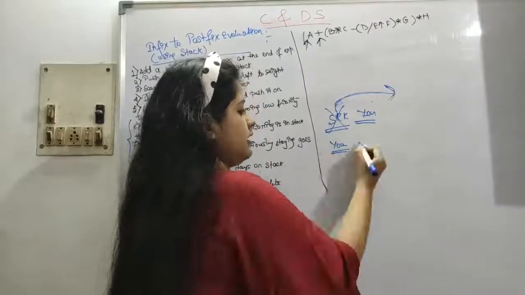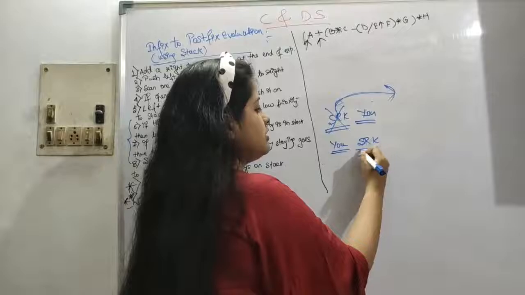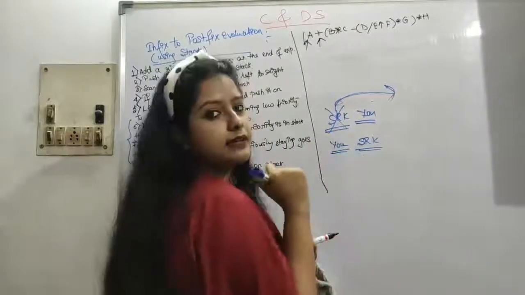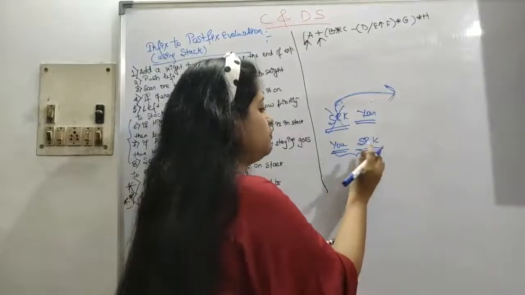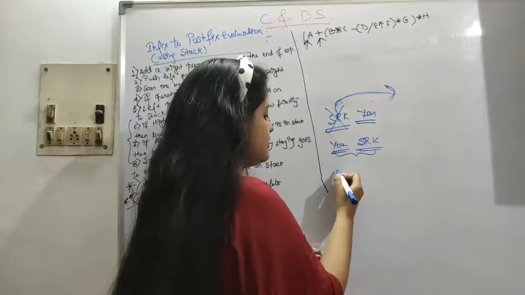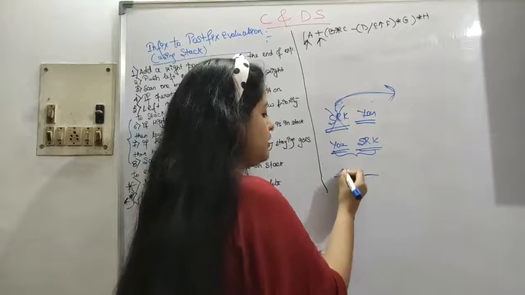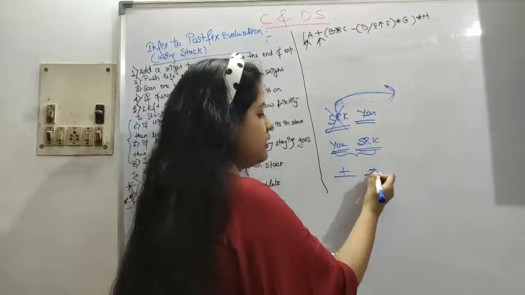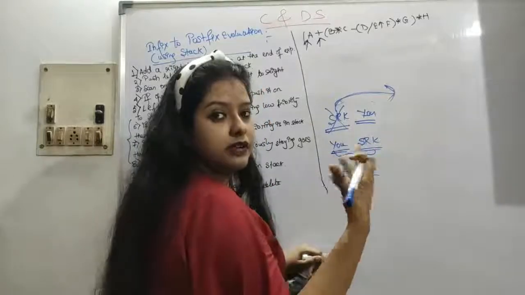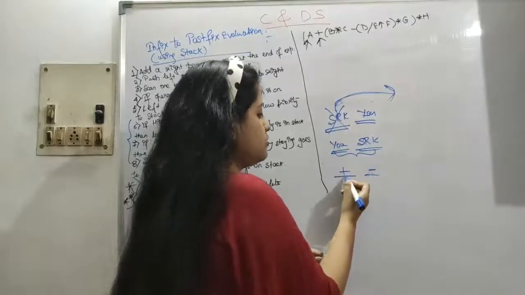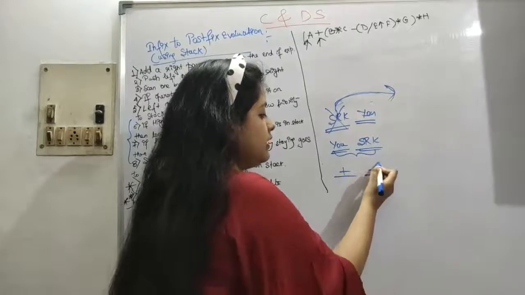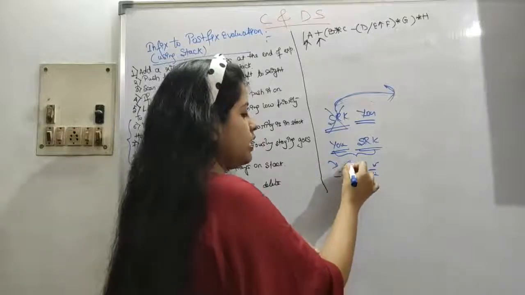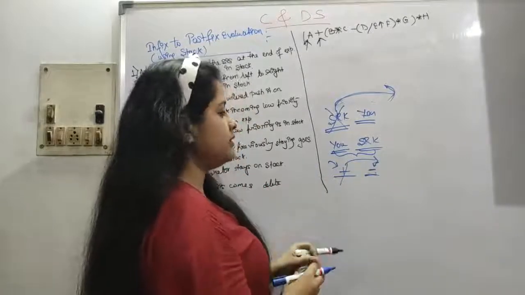Or you are sitting here, and Shah Rukh Khan comes and sits next to you. You will be delighted, right? Some celebrity is coming and sitting, so both of them will be on the stack. Next, if two priorities are the same, like plus and minus, you know that priority list I have already given you, with left associativity and right associativity. Both are the same, so the incoming will stay, but the previous one will go out of the stack.